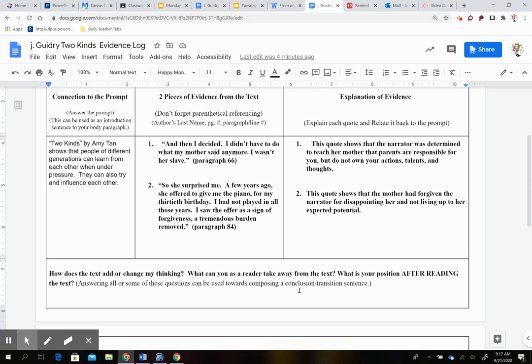And then, what is your position after reading the text? So that means after reading the story, I feel that, and then you're going to explain to me how you feel about generations learning lessons from each other. Once you're done with all this, you're going to submit this in Google Classroom. Remember to have it with your first initial, last name,